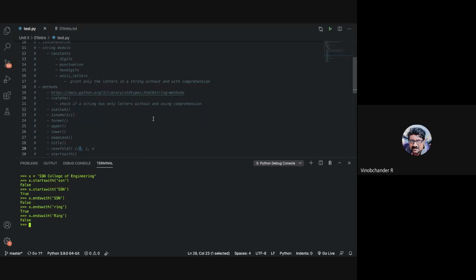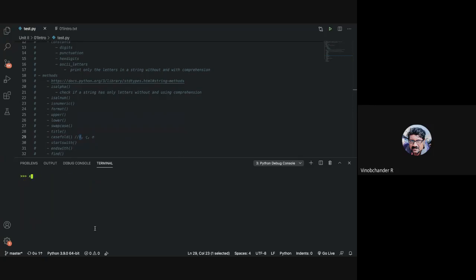Apart from startswith and endswith, you also have find and rfind that you can make use of. Now, unlike startswith and endswith, find and rfind do not give you a Boolean value, rather they give you an index position. The difference between find and rfind is that find starts from the beginning of the string, and rfind starts from the end of the string.